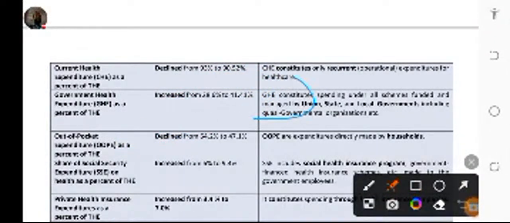Current health expenditure as a percentage of the total health expenditure declined from 93% to 90.52%, and the current health expenditure constituted only recurrent operational expenditure for healthcare. Government health expenditure as a percentage of the total health expenditure increased from 28.6% to 41.41%. The government health expenditure constituted spending under all schemes funded and managed by the union, a state or local